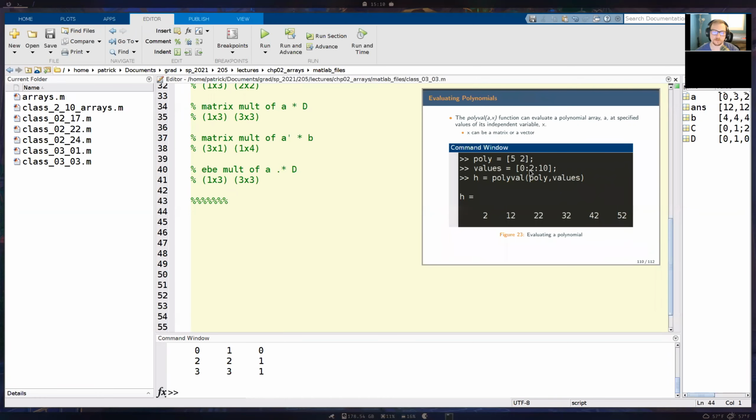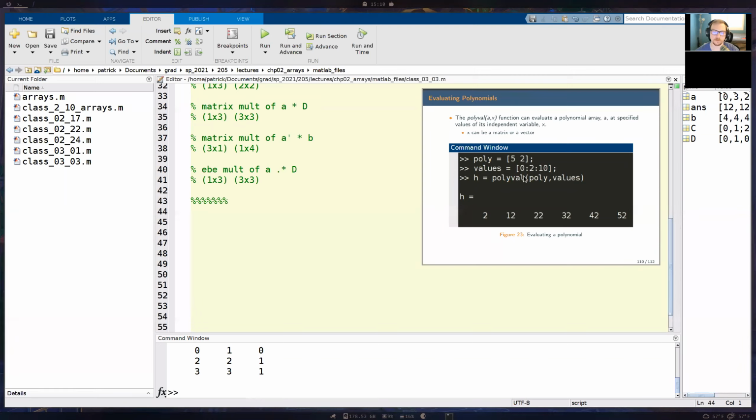And then we have evaluating polynomials, and this is where I'm going to kind of stop because we're going to be going over this in a lot more detail in the plotting chapter. But you can imagine that we have a polynomial, in this case 5x plus 2, and we could have some range of values. So these values, you can kind of think of it like the x-axis on a plot. And then we could evaluate the polynomial that we have. In this case, it's called poly.